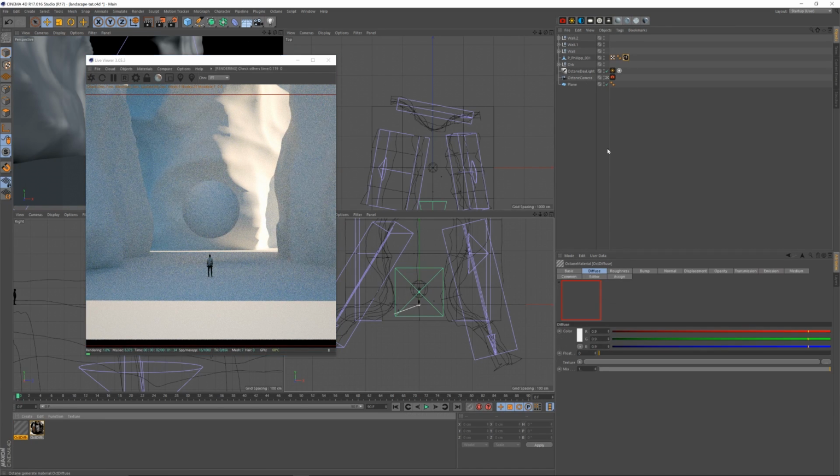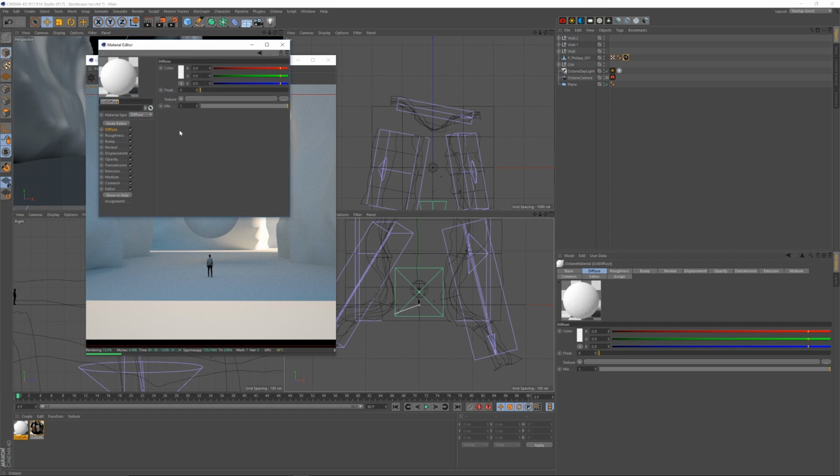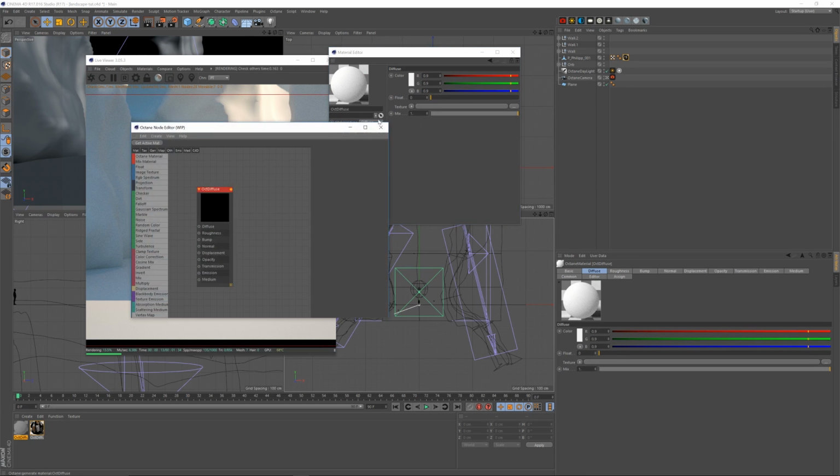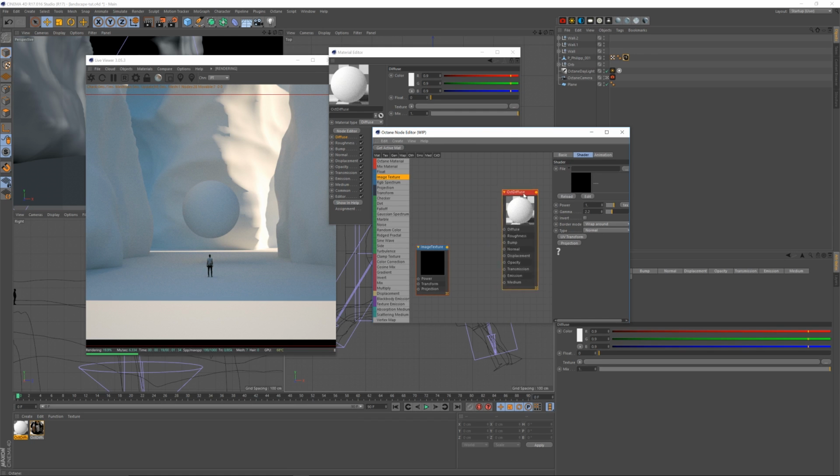So let's do something similar to these walls. Octane Diffuse Texture, and of course you can go to the materials and they are all here, Octane Diffuse, Glossy. I've just created buttons at the top. Double click the diffuse, come into my node editor, I want to run this displacement off an image texture, so I'll need that. And I will get my displacement, connect that to the displacement node, make it kind of big, say 50 centimeter displacement, connect my input,